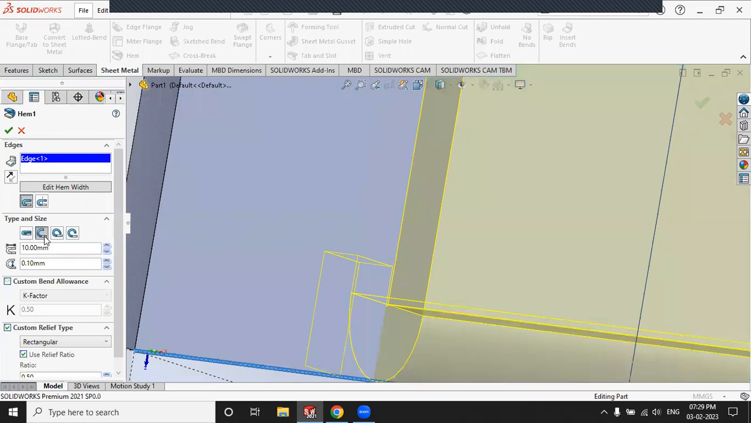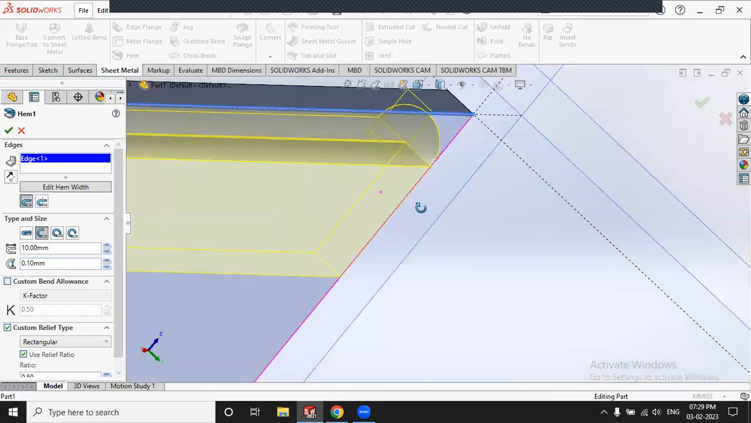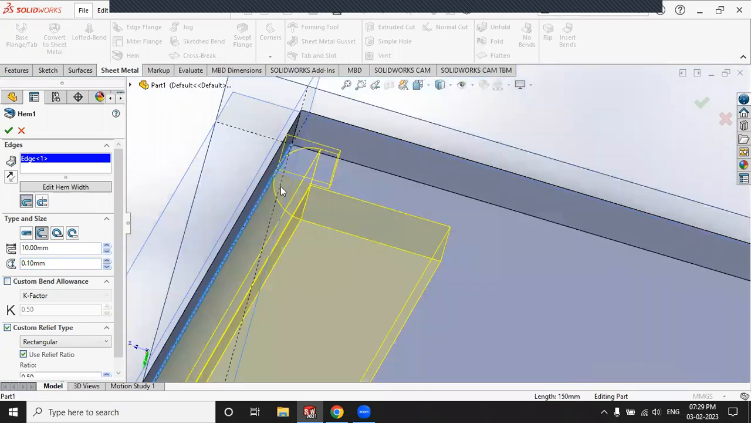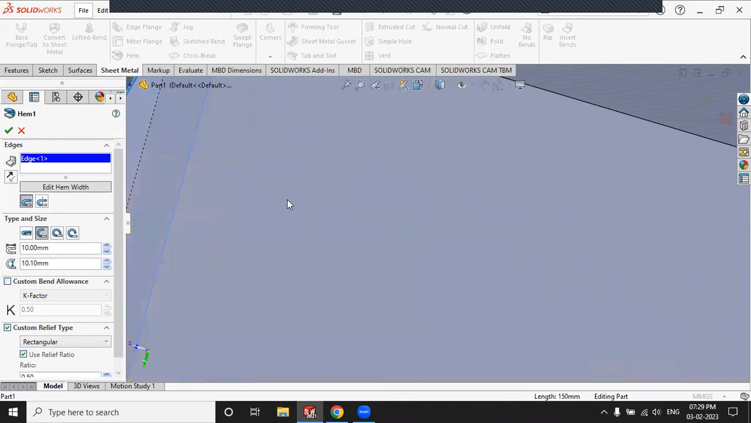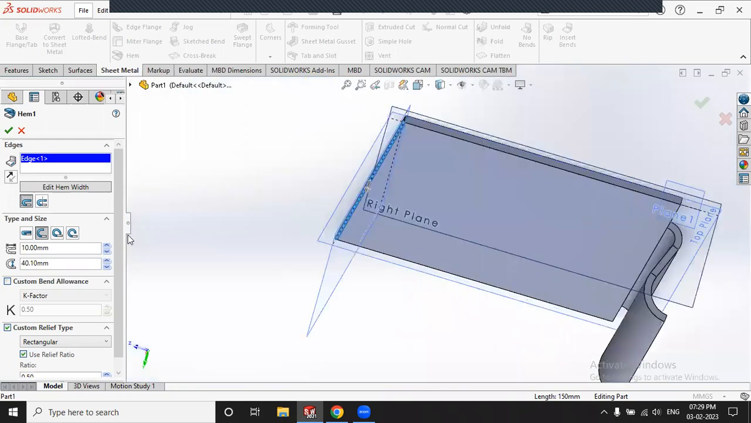Open means now here we have the option to maintain the gap. Which gap? From this surface, from this main bottom plate to top one. If you see the gap, if you increase the distance, you will get a gap. If I want to assign a 5 mm gap